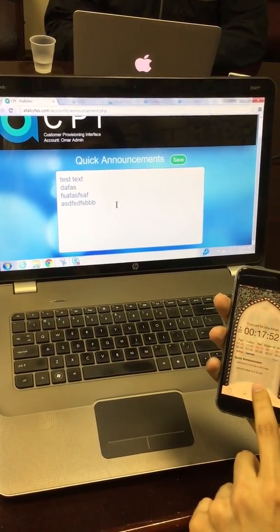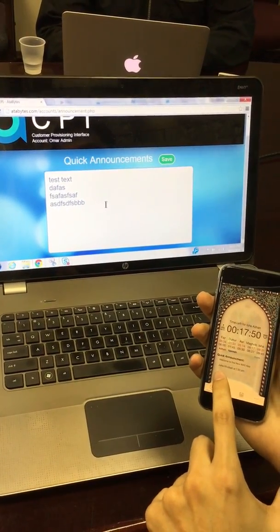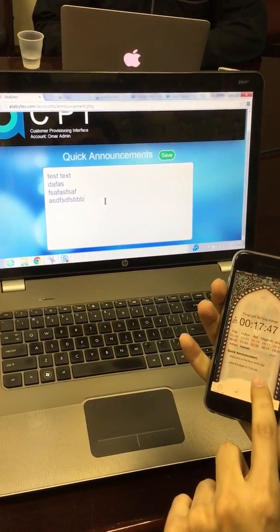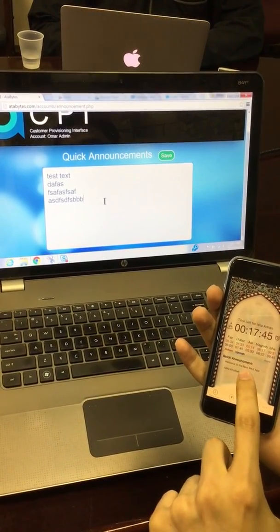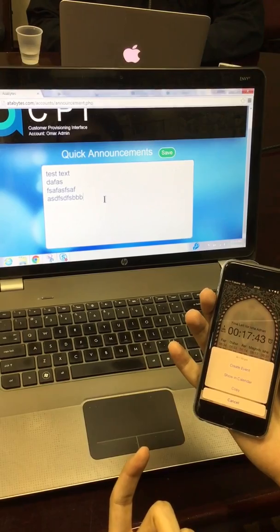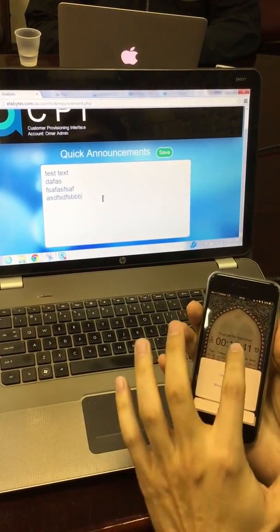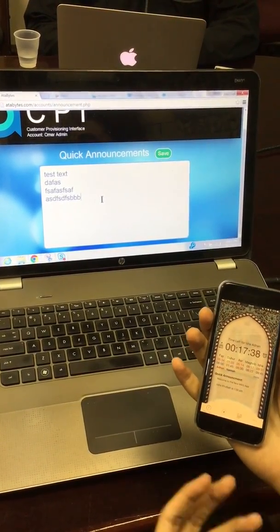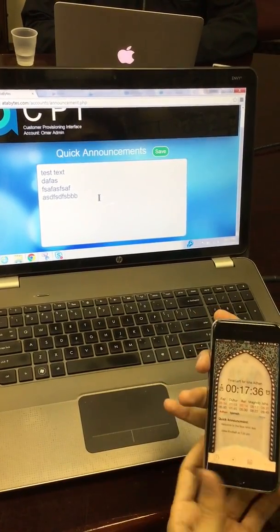So for instance, you can see that Mass, they have the Jum'ah khutbah at 1:30, and if you notice, there's a line underneath it. So you can just click on it and it'll ask you, do you want to create a calendar event for this or not? If it was a phone number, it'll ask you, do you want to call this phone number? If it is an email or a website, it'll